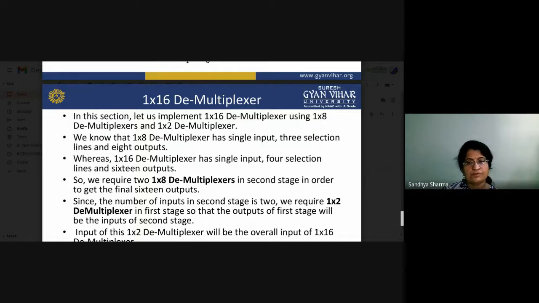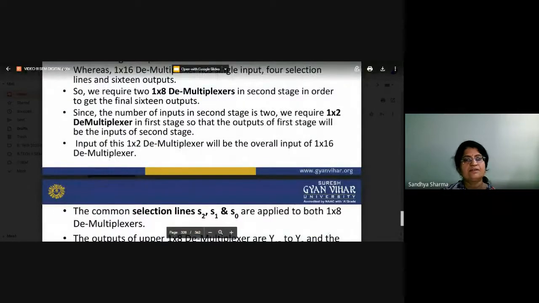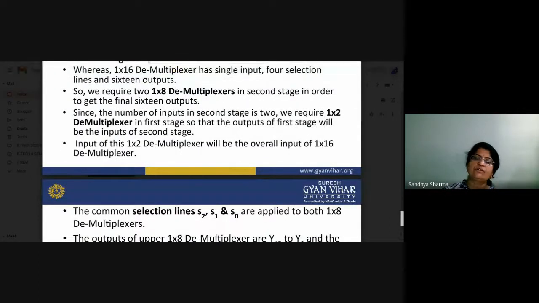Since the number of inputs in the second stage is 2, we require a 1 raised to 2 demultiplexer in the first stage, so that the outputs of the first stage will be the inputs of the second stage. You can see here, that is the same thing. The input of the 1 raised to 2 is the overall input.